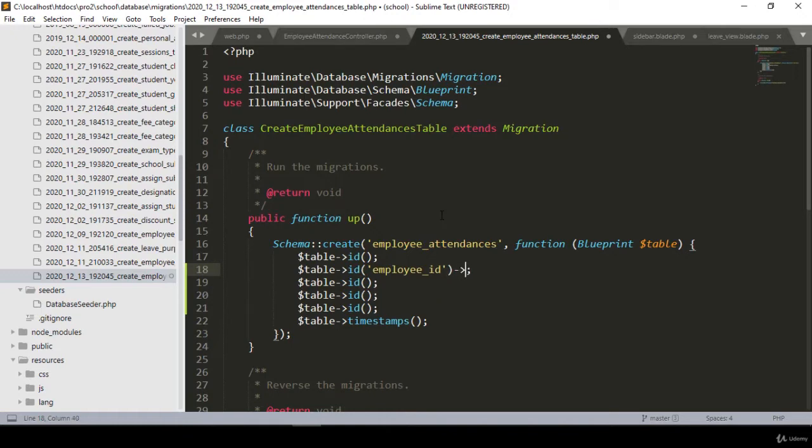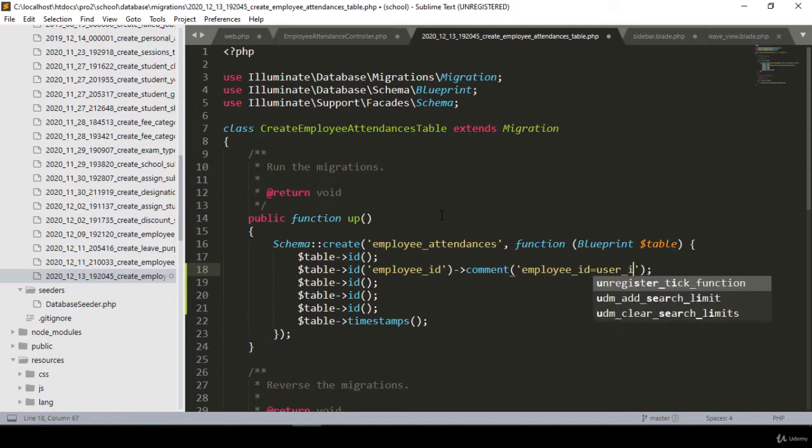That means our user ID. So I put one of the comment for you. So that will be as a that means this employee ID is equal to, that means that is our user ID, right? That means the user table ID. Perfect. So here that will be one of the foreign key,